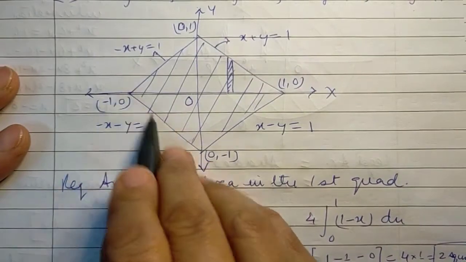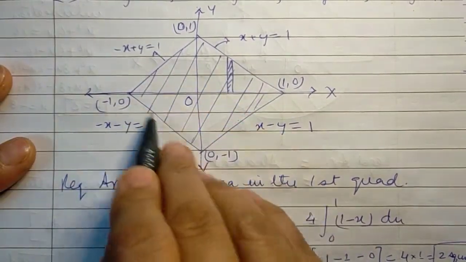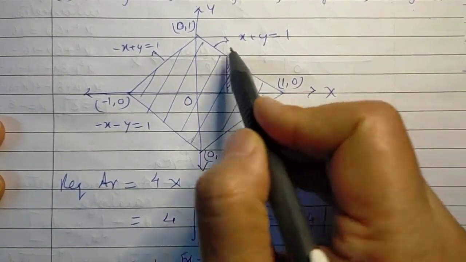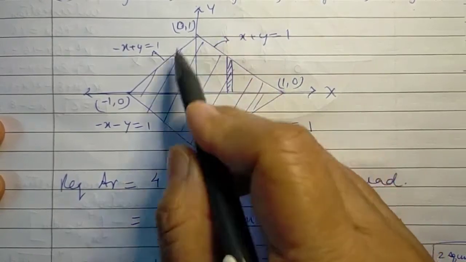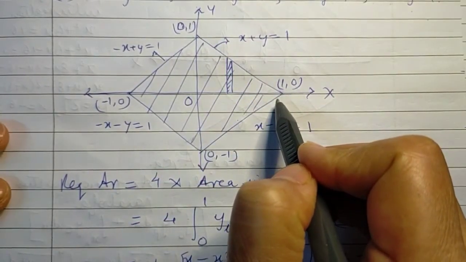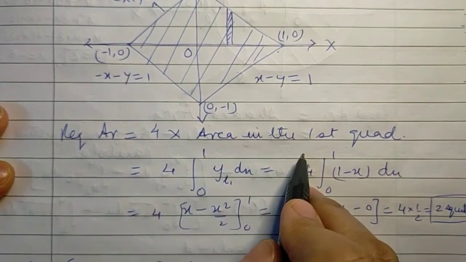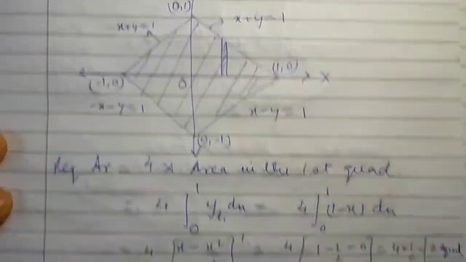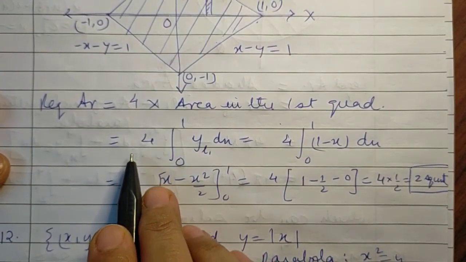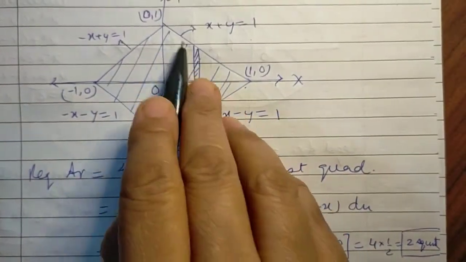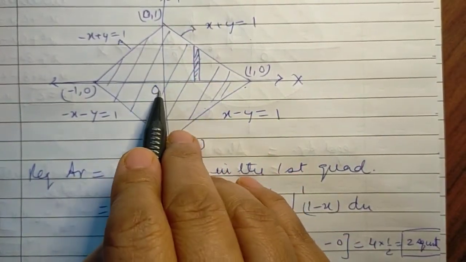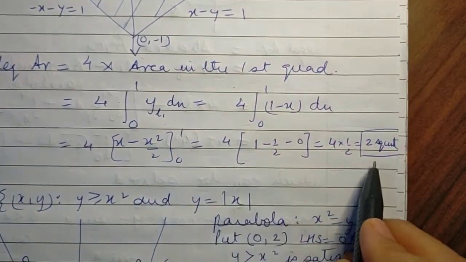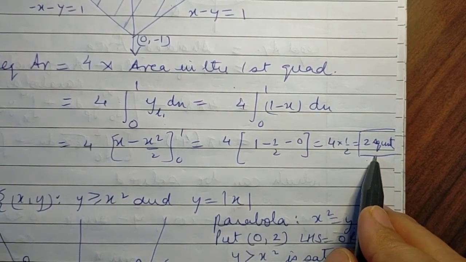When we plot these 4 lines, they form a rhombus. So clearly it's a figure which is symmetric about both the axes, and so the required area would be 4 times the area in the first quadrant. And so we write it as 4 into the area in the first quadrant, and this line is x plus y equal to 1. Simply, 4 times, under this line x varies from 0 to 1. So from 0 to 1, y on line 1, and we simply substitute and solve. We get the required area as 2 square units.